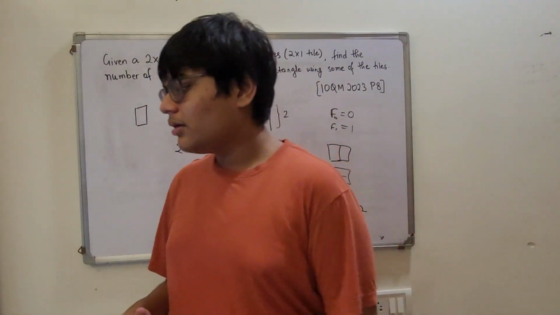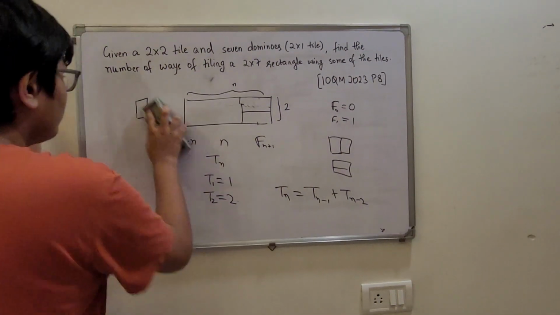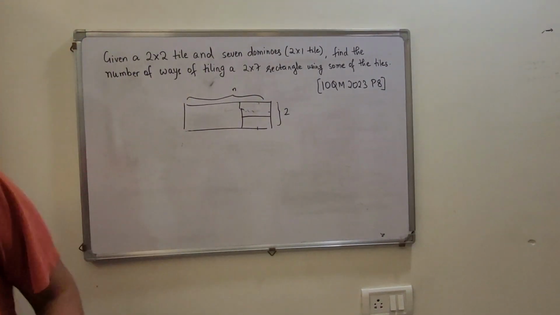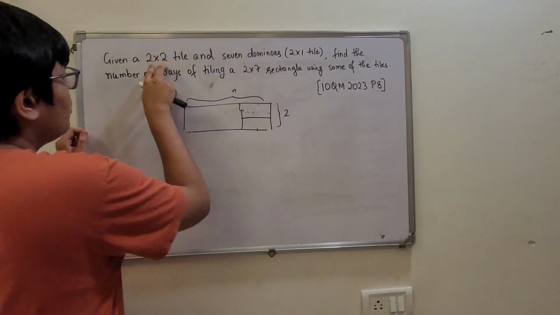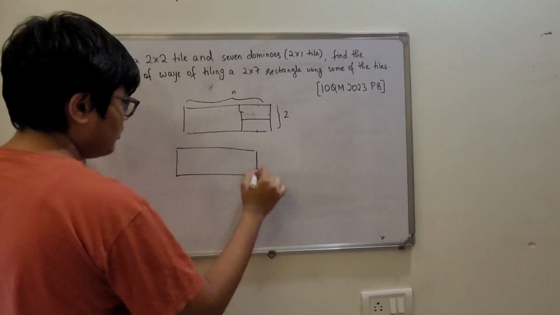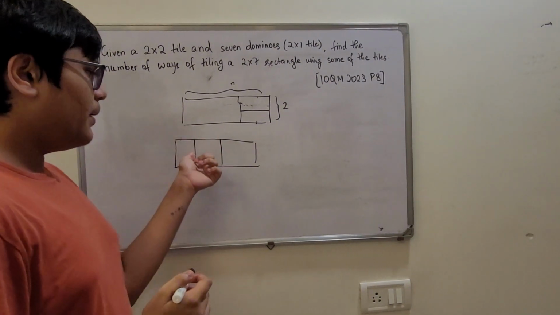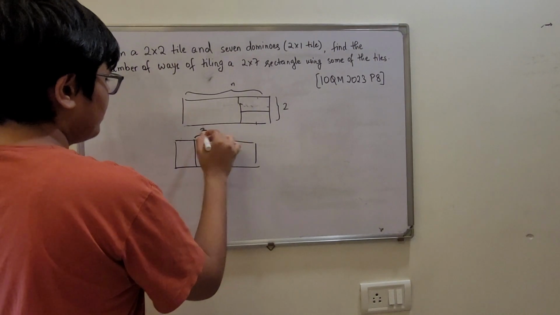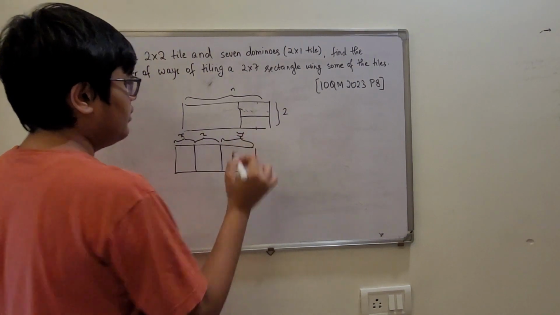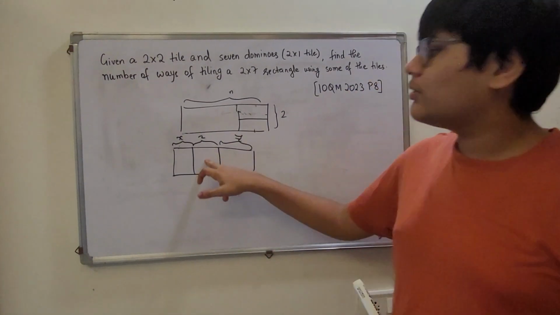Now getting back to the question, you can do it in an easier way. So this Fibonacci part makes it easy, but there's another catch here. You're also given a 2x2 tile. So what you have to do is, you have to first take the 2x2 tile. So a 2x2 tile will occupy precisely 2 places. So there are, suppose, x places left here and y length of place left here. So this is a 2xx rectangle, a 2xy rectangle, and a 2x2 rectangle in between.